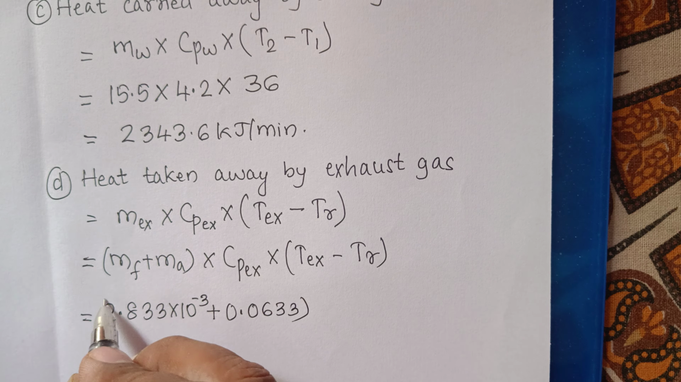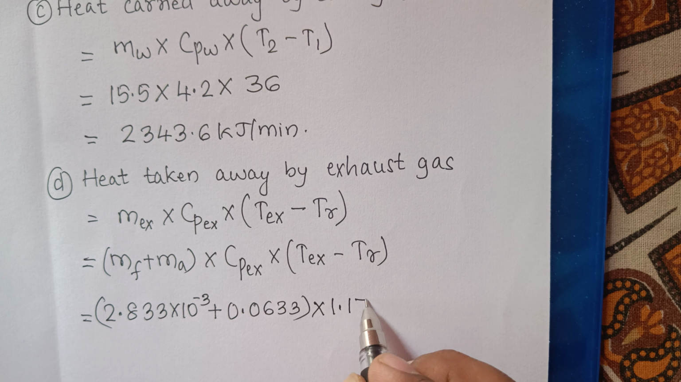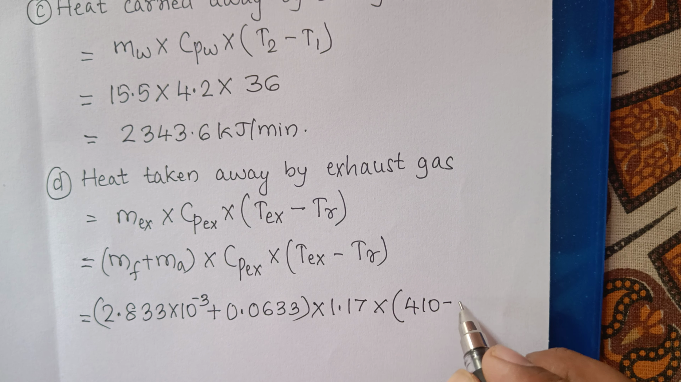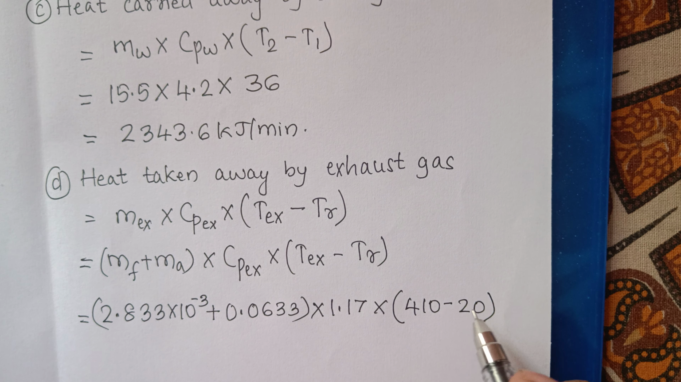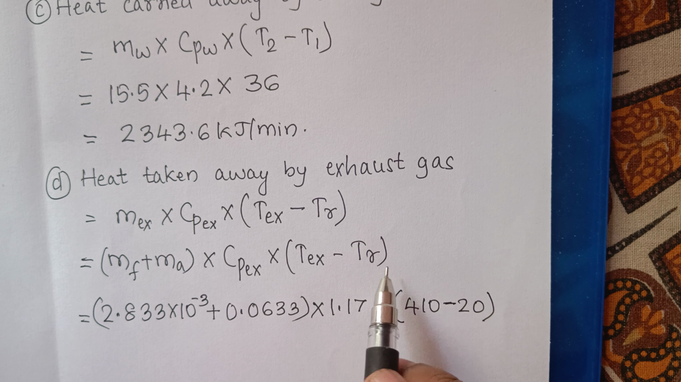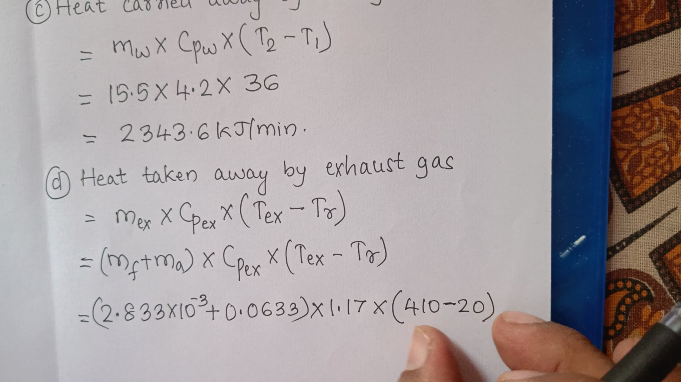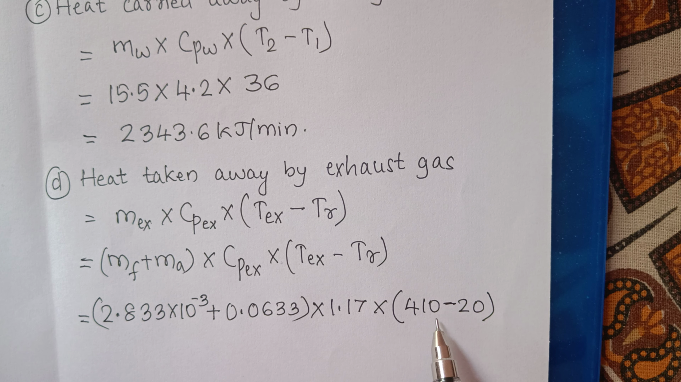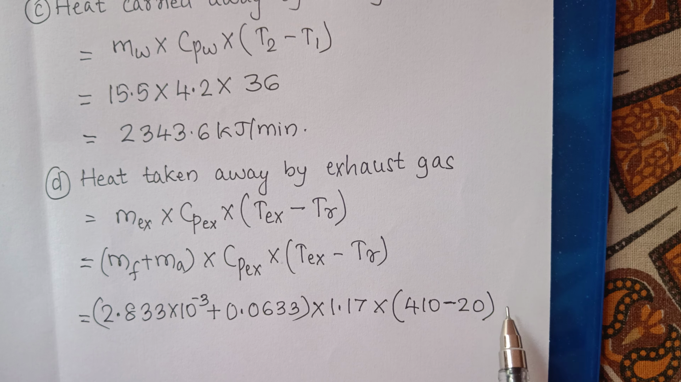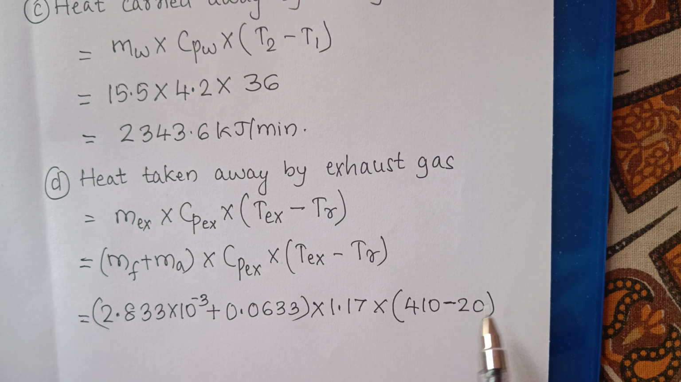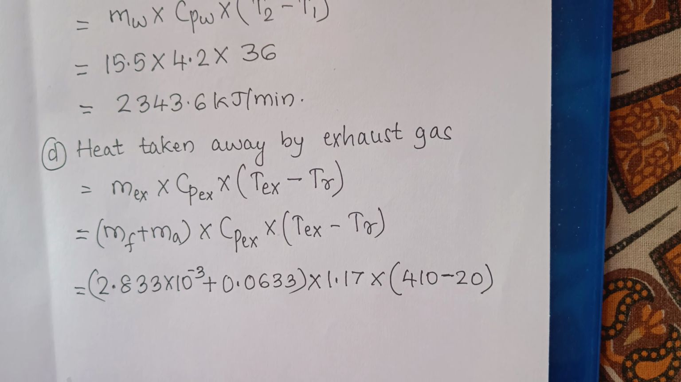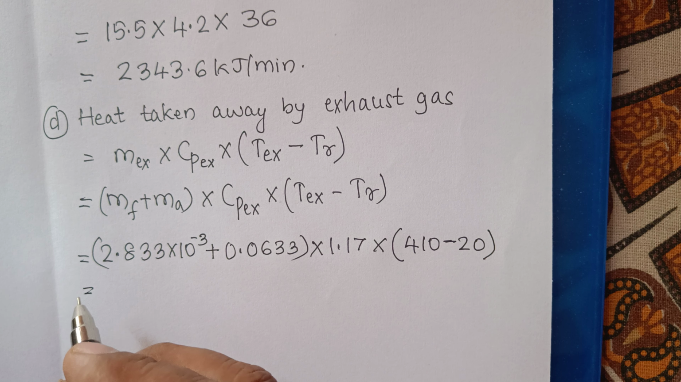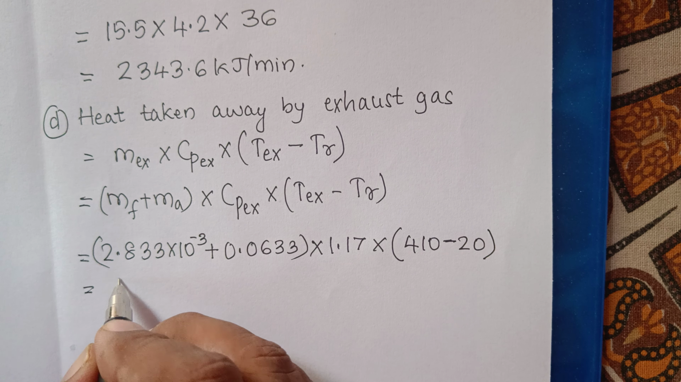0.0633, into Cp of exhaust gas, that is 1.17, into temperature of exhaust gas, it is 410 minus 20. Please note here, I am not converting both the values of temperature into Kelvin. If I convert also, it is a difference, so it remains the same. So 410 plus 273 minus 20 plus 273, it is a subtraction, so the 273 gets subtracted. Therefore I have not converted that into absolute temperature. So what do I get? I get the heat carried away by exhaust gas as